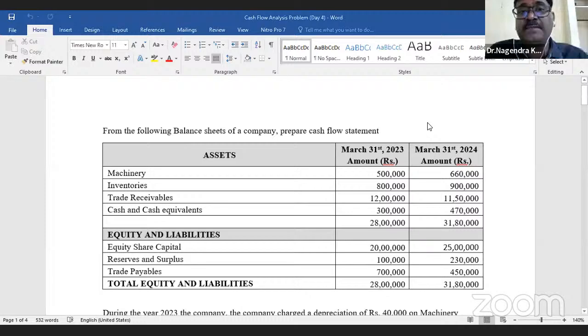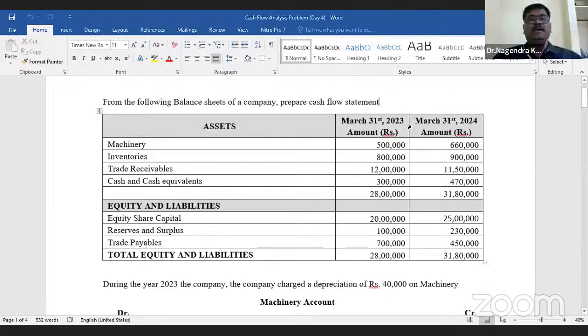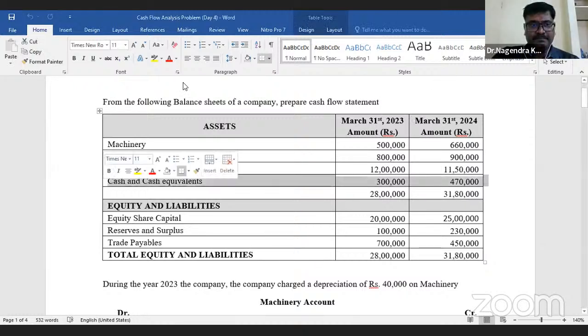See, in the cash flow statement, we are not looking at the changes in the working capital position. Straight away, we are going to the analysis of the cash flow statement, the analysis of changes in the cash balance of the company. So here we have given a problem. I am taking a small example to understand how we have to calculate the changes in the cash flow. See, here in the balance sheet, we can see that